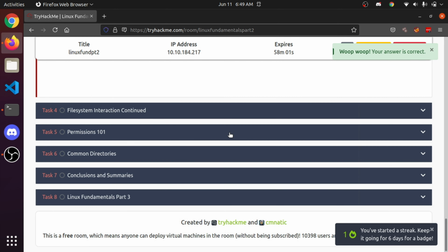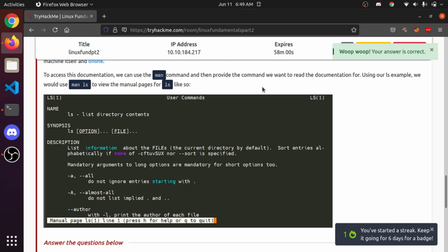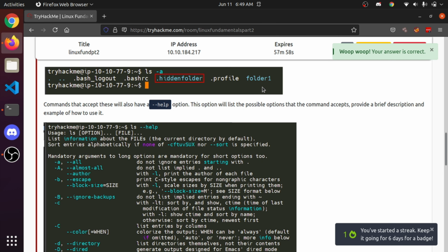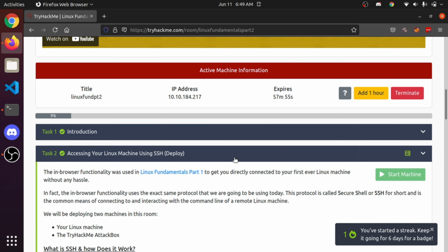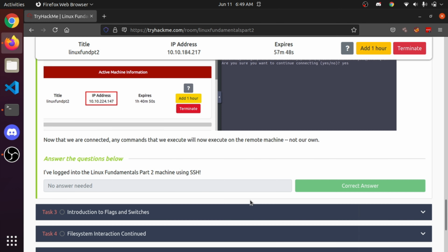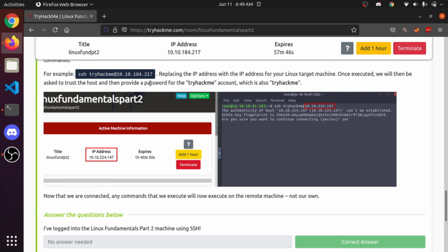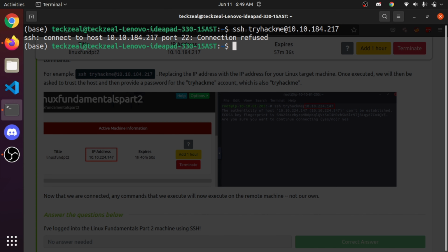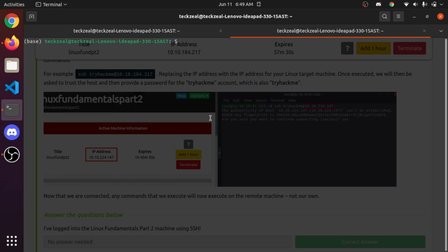Introduction to flags and switches. Okay, we missed something. After this we need to use the password, tryhackme, because when we connect with SSH it will ask for a password to connect, so we need to provide the password. We need to establish the connection using OpenVPN. So cd, in my folder I have that.